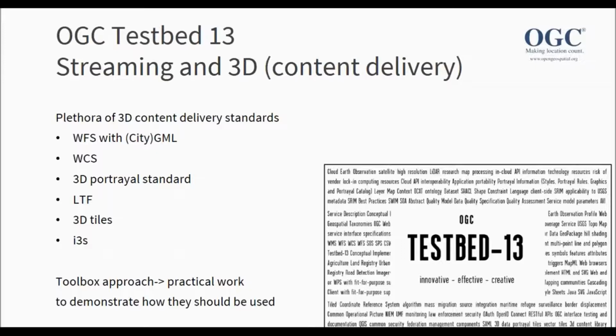And what the Open Geospatial Consortium does on an annual basis is to organize a big testbed activity in which standards are tested out in a number of use cases. And the one we are currently involved in is called Testbed 13, with a particular thread on streaming data and the 3D aspects of this. So if we look into the 3D aspects of this, out of the Open Geospatial Consortium alone, there's a host of standards available that you could utilize in order to deliver